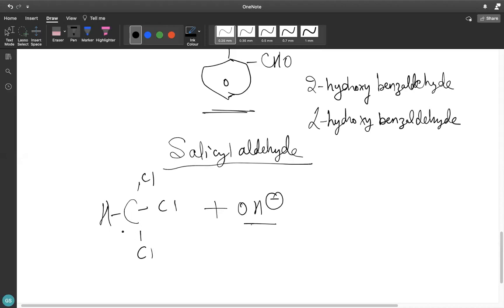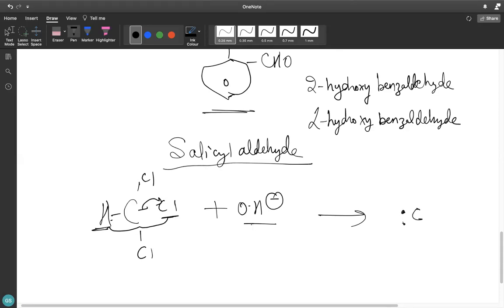But in this case, we do not have any beta carbon. So we are bound to remove this H. With reference to this chlorine, this carbon is alpha and this is alpha H. Once you remove this alpha H, one of these chlorines will also get detached by taking this negative charge, because OH will attack this H. Cl minus will get removed pretty easily.